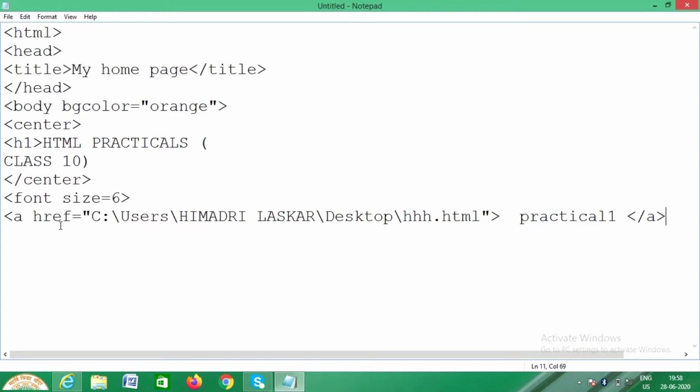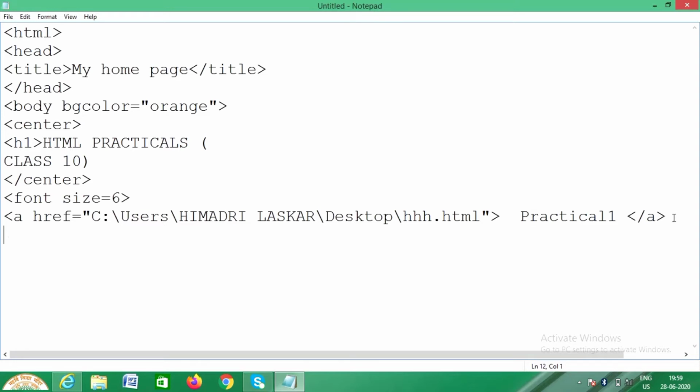Okay, that is href. Then this tag will be closed. Then we have to write a piece of text that will appear in the web page or the browser, but as a link. Okay, so that is practical 1. So making it done.